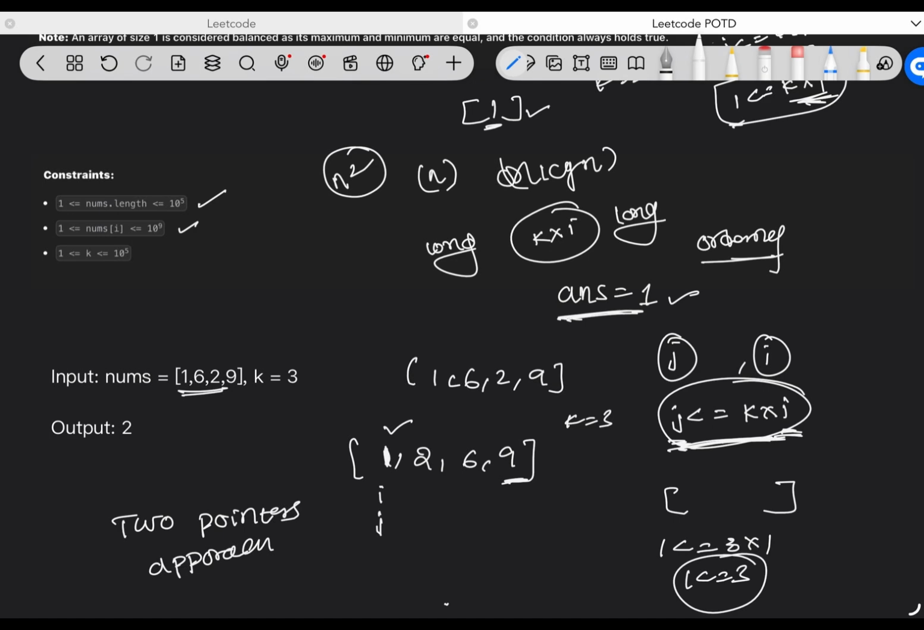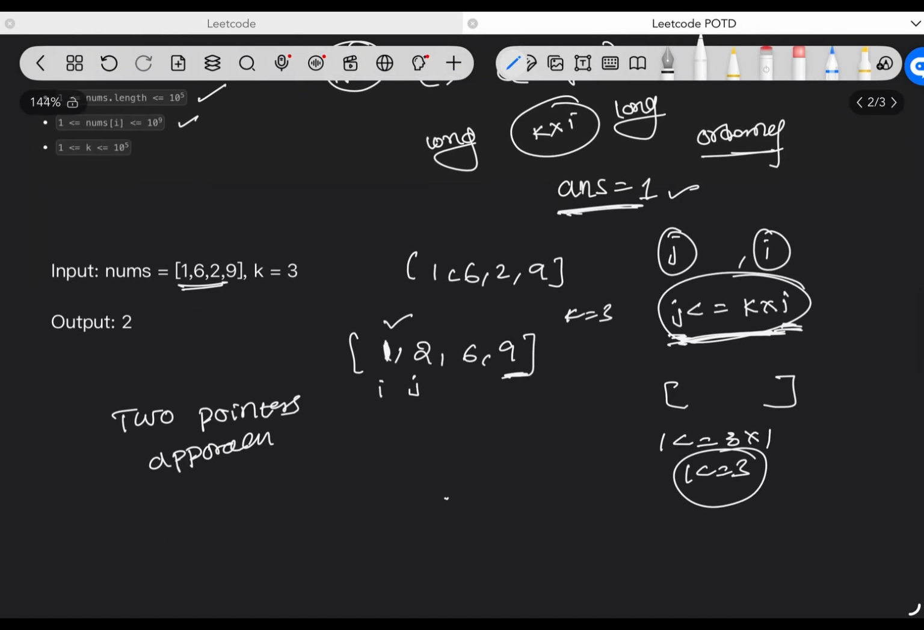We'll try to add some elements into our window. Now the current window size is 1 only, so we'll move further. So we'll update the j. Now j comes here and the window becomes this. Now the window will hold 1 and 2 both. Our window is updated. Now let's check this condition again, which is 2 into, now